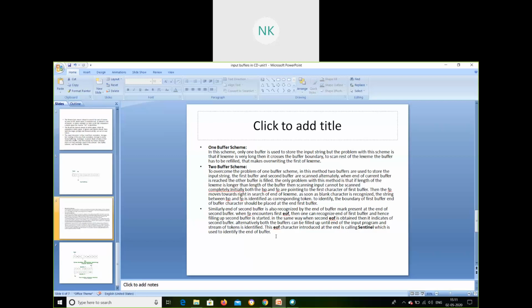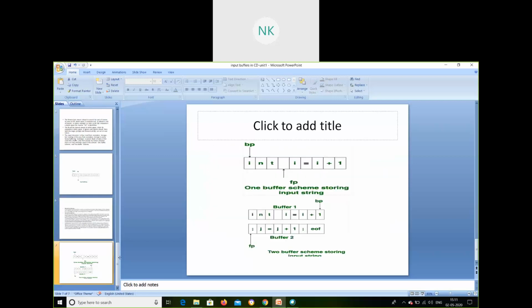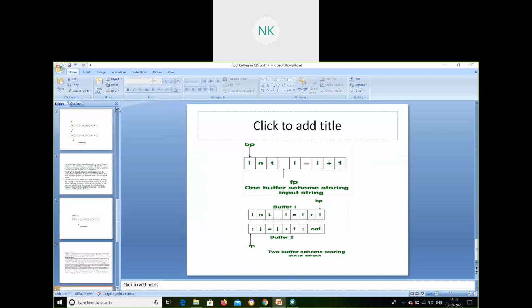Wherever the compiler finds the sentinel, it knows the end of this program has been encountered, so we should stop executing. By using this, it scans and stops executing. This is what one buffer and two buffer are.